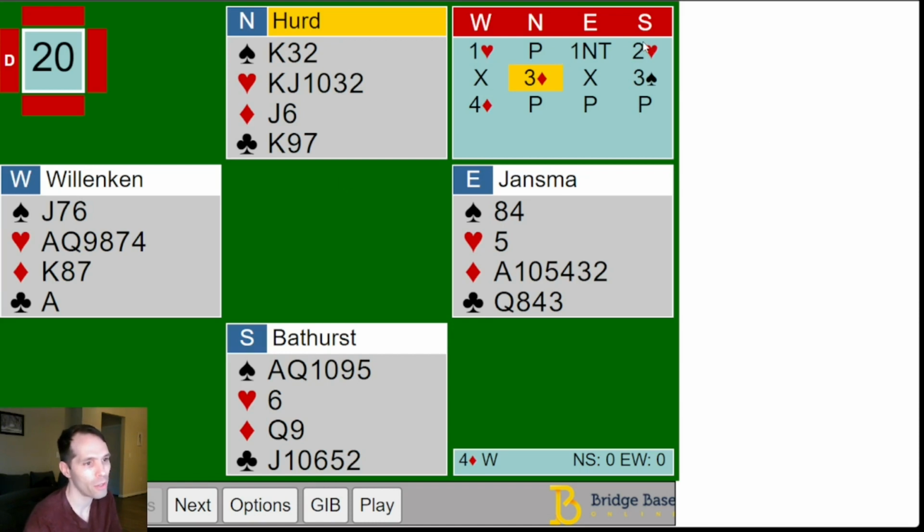So a heart pass and no trump. This time Kevin Bathurst does agree with me. He comes in 2 hearts. Double by West. We talked about this a little bit yesterday, that this probably just shows I wanted to rebid 2 hearts. 3 diamonds by North, alerted as a good spade raise. Interesting. Double by East. So it seems as if 3 clubs might have been like pass or correct, or maybe